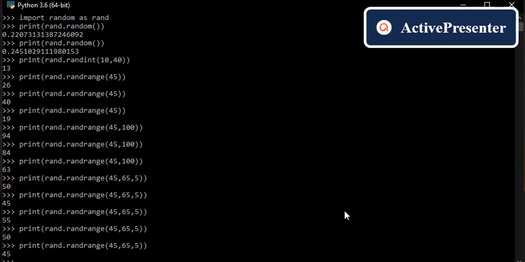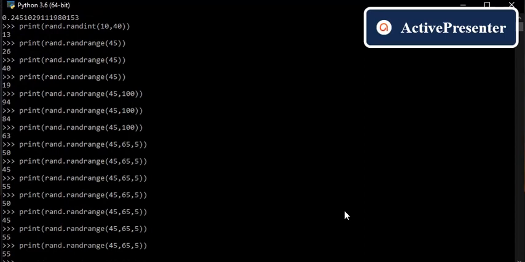65 should be included? No. 45, 50, 55. It is generating randomly, but the value should be 45 to 65, in time intervals of 5. So in between, the step value is taken as 5.